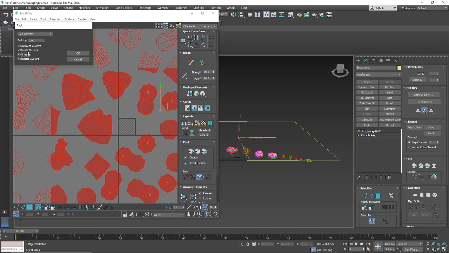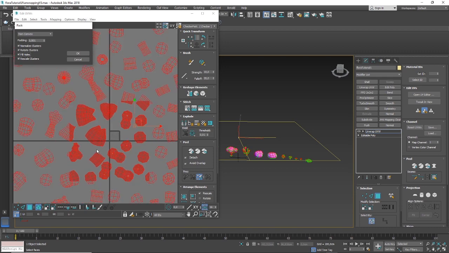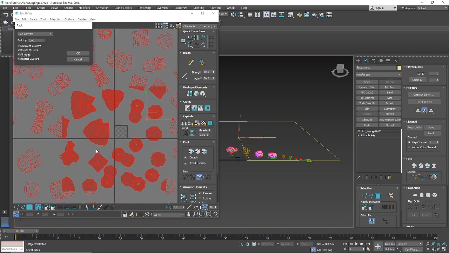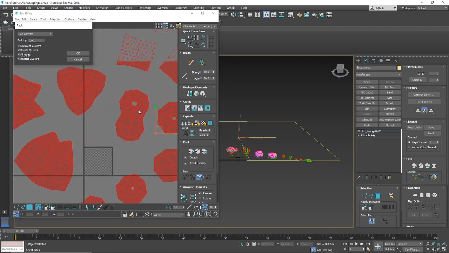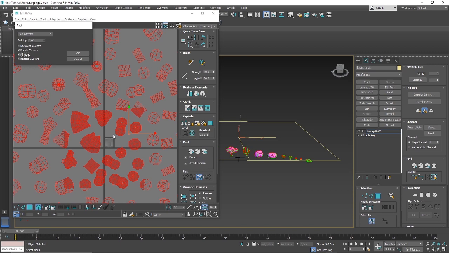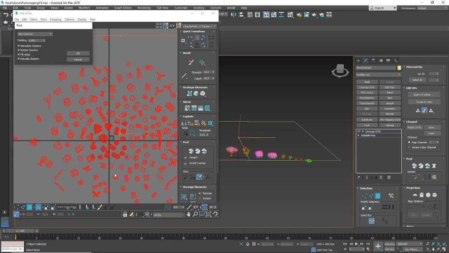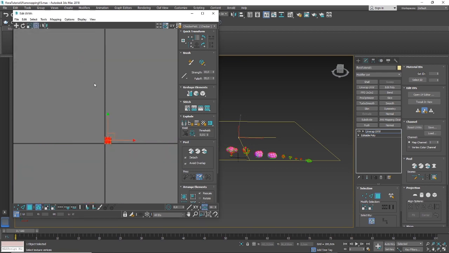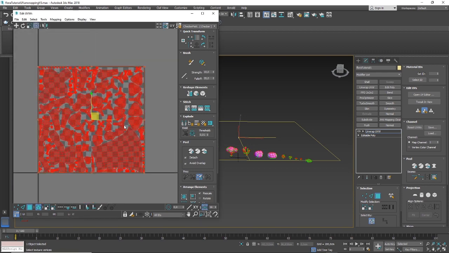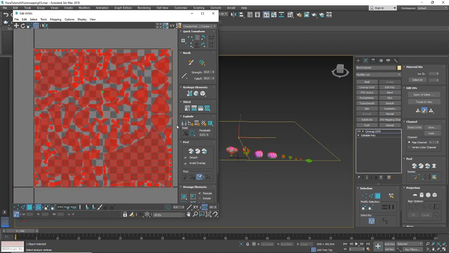So I'm going to turn on rotate clusters and also fill holes, because sometimes you have big holes and 3ds Max can pack UV islands in those holes. It's not going to happen in this case because we only have very small holes, but those are two options you can play around with. The rest of the settings are fine. We hit OK. All the UVs are now packed into the space,